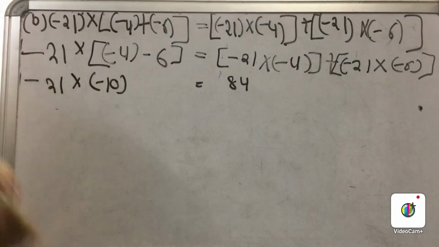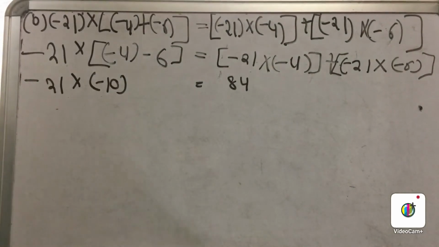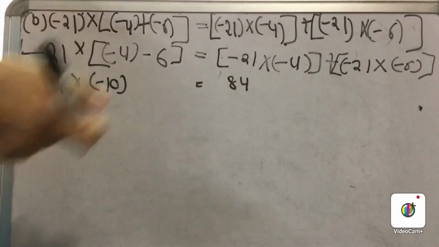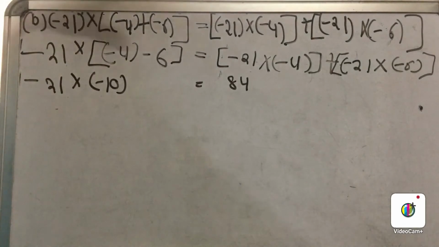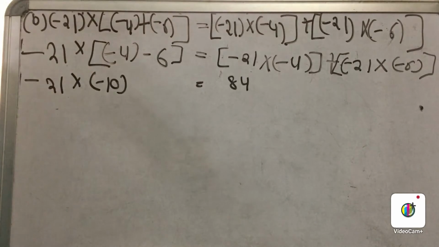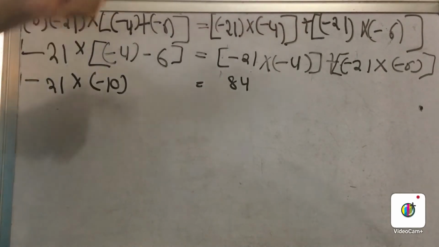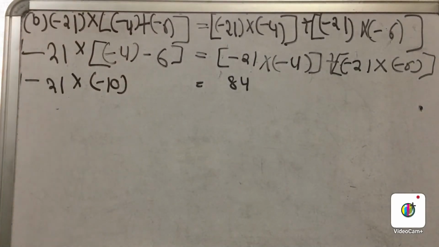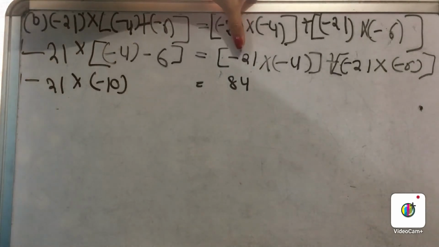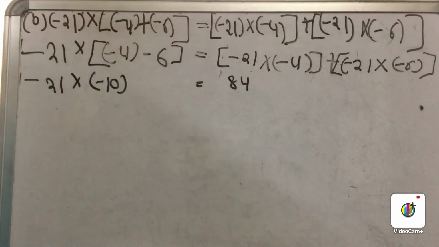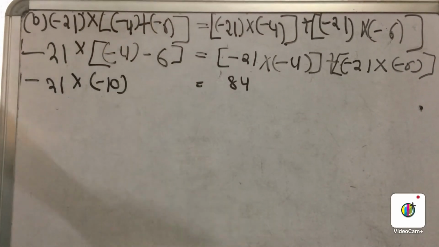Actually there is no need to get confused about why I am applying a negative here and a positive sign there. Because if this was a plus sign, then I would apply the property that which one is bigger, 21 is bigger, and the sign in front of 21 is minus, so the sign in front of 84 would also be minus. But no, in multiplication you have to keep in mind the pairing of the negative integers. So minus minus plus, 2 negatives make a positive, that's why here it will be 84.